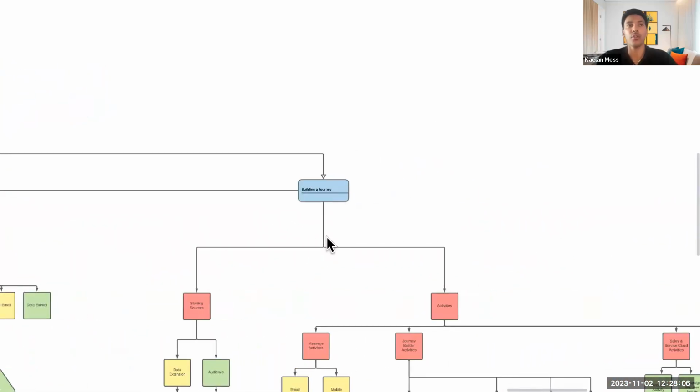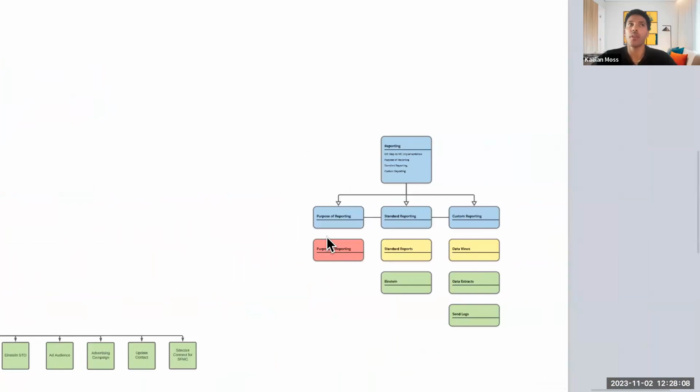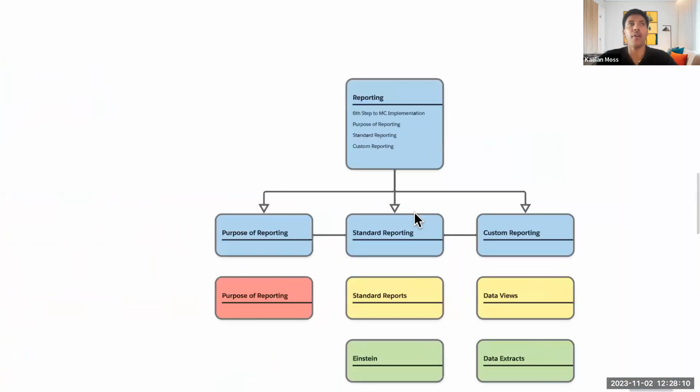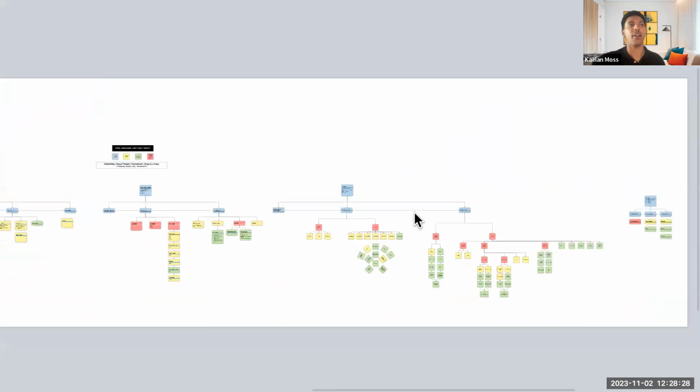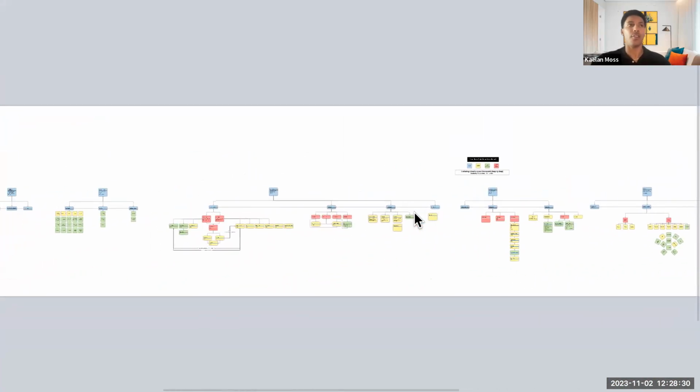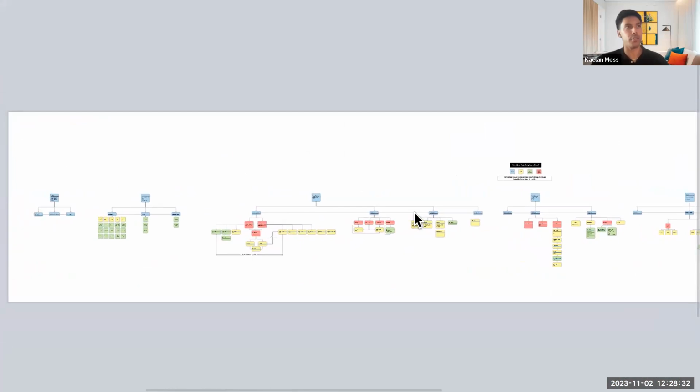It's these automation tools. And then, of course, you've got to report and see how everything works, right? And that's just like life in general. If you do something throughout the day, you reflect on your day, you journal, you take notes, and you improve on the process the next day. Same thing in Marketing Cloud. Last step is reporting. And then you tie that back to this entire process, and you just make the process better and better over time.